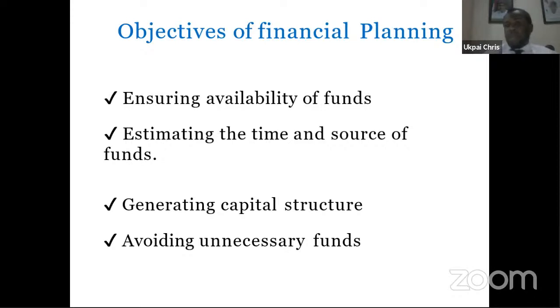That is financial planning. The third one is generating capital structure. This will tell you whether it's from NISA Microfinance Bank or from friends and family. It's a means of what we would call generating capital structure. It's a means of where the money is coming from. Family, or maybe from savings. At times you have your personal savings, you push it into your business.